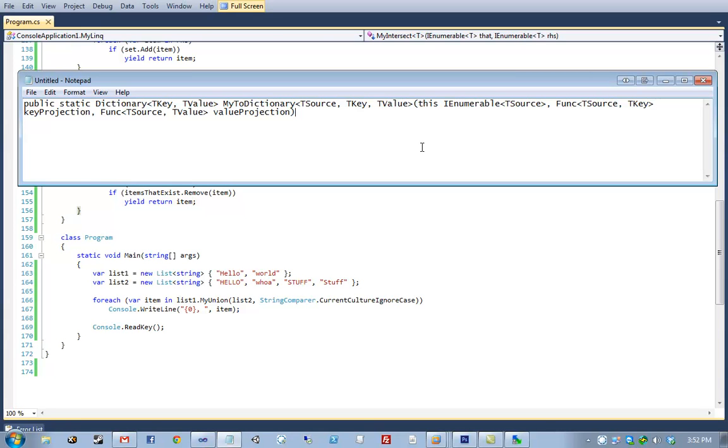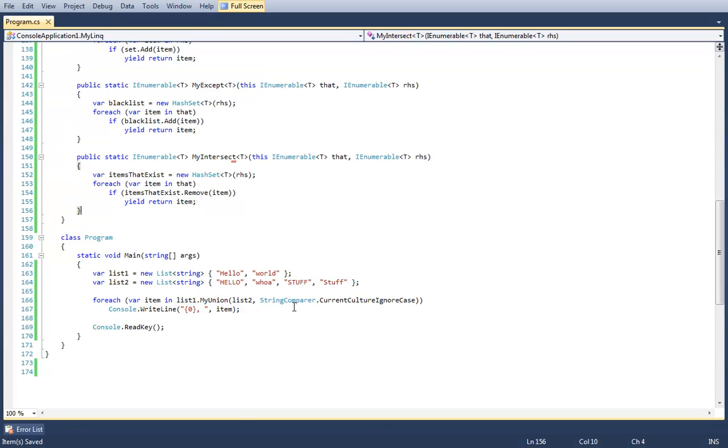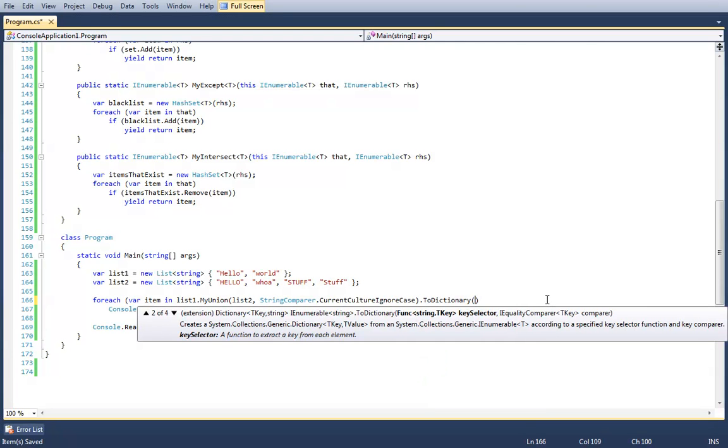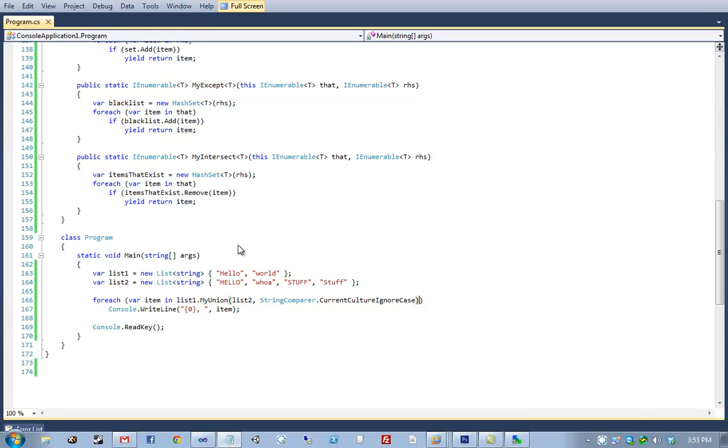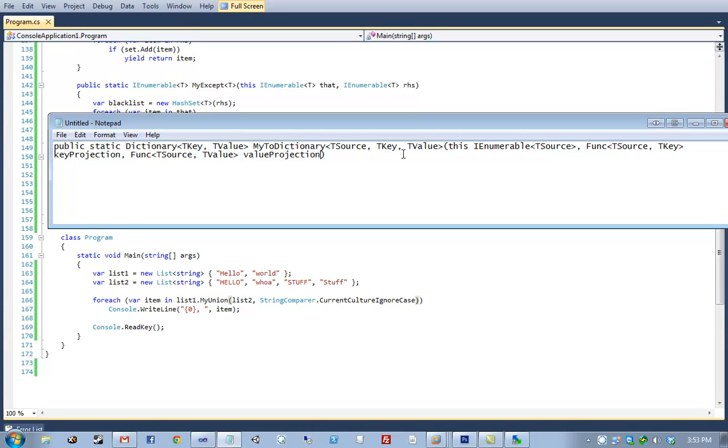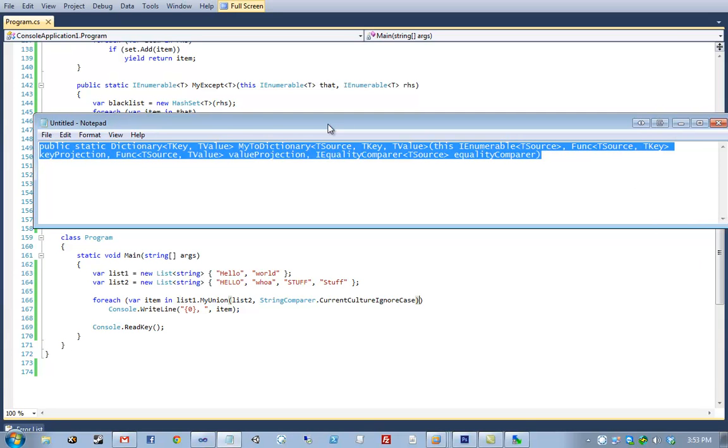Okay, I want to point out that this isn't the only overload of ToDictionary. If we look at the overloads of ToDictionary, there's quite a few of them. Well, four, including one that takes an IEqualityComparer. Don't worry about the IEqualityComparer. Actually, no, worry about the IEqualityComparer. Only if you're going to code out proper equality members and explain them without using ReSharper. Never. Okay, so go ahead and implement this method. I'm going to go ahead and hit reset on everybody.